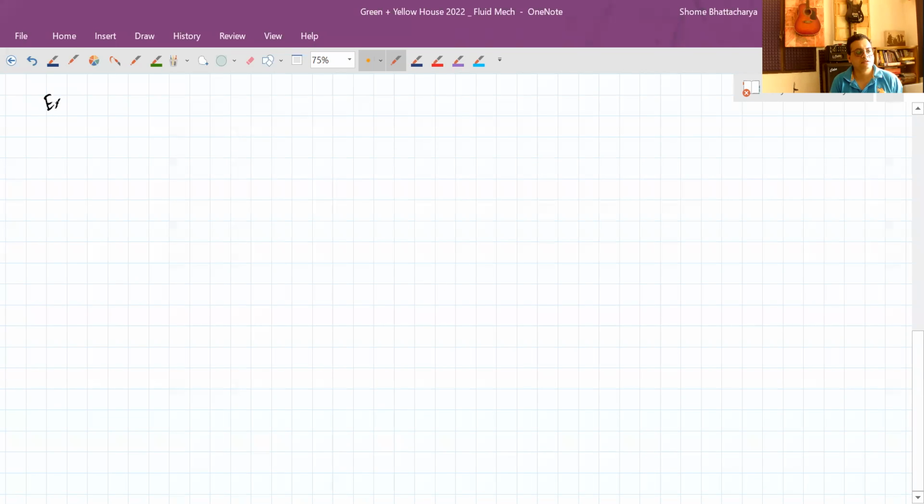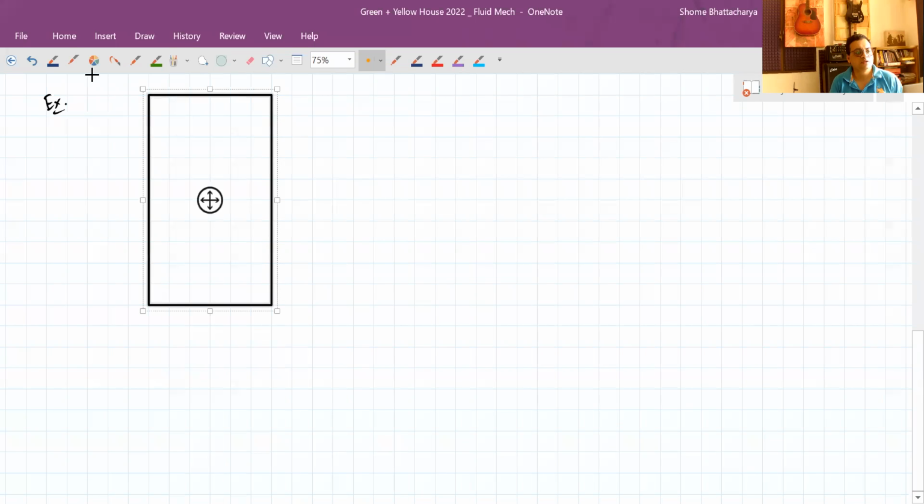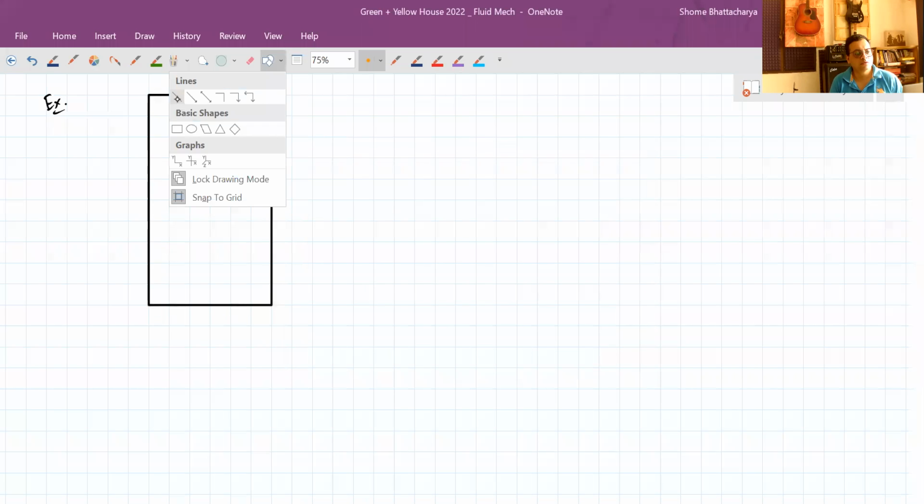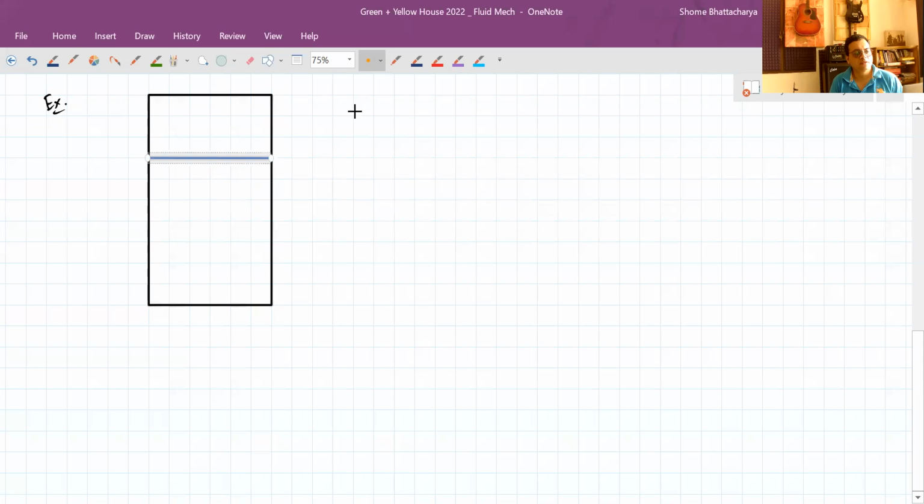So suppose we have a situation like this where we have a closed vessel, a closed container in which we have kept some ideal fluid like water or something at rest. So this is a sealed vessel. Now initially, let's say this has air at atmospheric pressure. So if this point is A and we have any other point inside the fluid which is at a depth of h with respect to A,